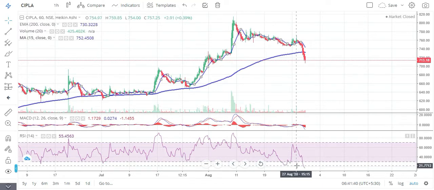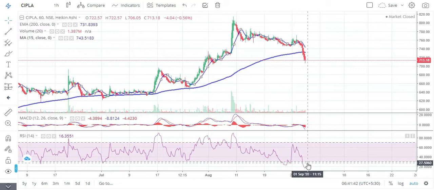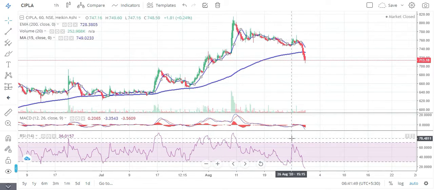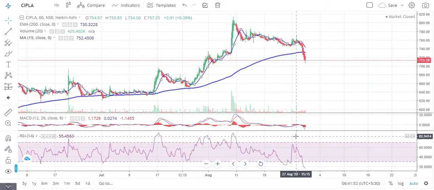Crossing 30 is what we call oversold, and crossing 70 is overbought, right? So based on that, we see whether I am buying this stock for a good deal. Now that you have a fair amount of understanding, you will get your capital out. You're going to say I'm going to buy 10,000 rupees of Cipla, but I need to decide whether I'm buying at a good price. I don't want to buy at the highest and then tomorrow it falls. I don't want to be under a loss even though I have bought at the best price. That's not how we go about it.